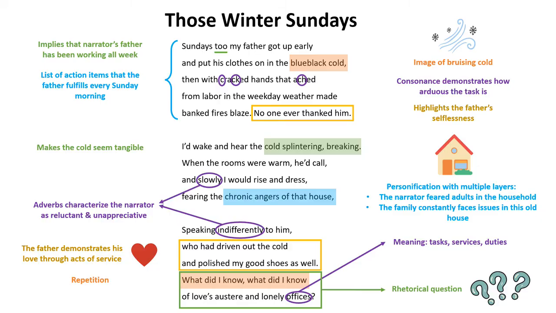These underlined words in the last line might confuse you. After all, we don't usually think of love as austere and lonely. But these words are meant to contrast love and loneliness and show that the two aren't always as far apart as they seem. We can see in this poem that the father expressed his love through lonely acts, such as building a fire by himself. He was willing to endure this loneliness to support his family.